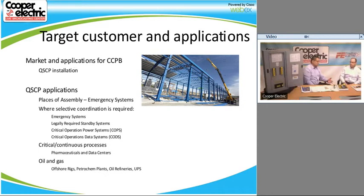Everybody wants to save space. If you look at anything, whether it's a construction job where they want to have smaller electrical closets, or they just want to have smaller enclosures because real estate's getting more expensive. So anytime you have any space, engineers and architects are pressured to have less space for the electrical equipment. So the smaller design and smaller footprint gives us a big advantage over some of the traditional products